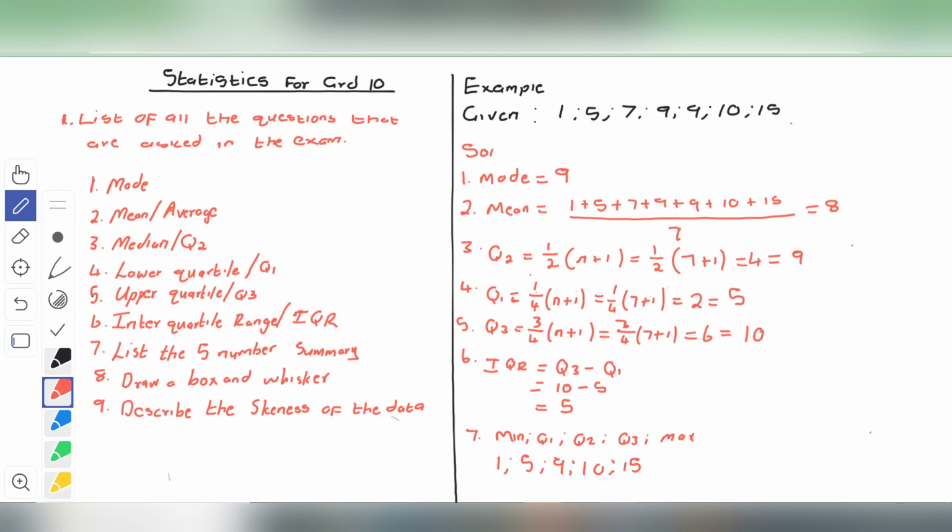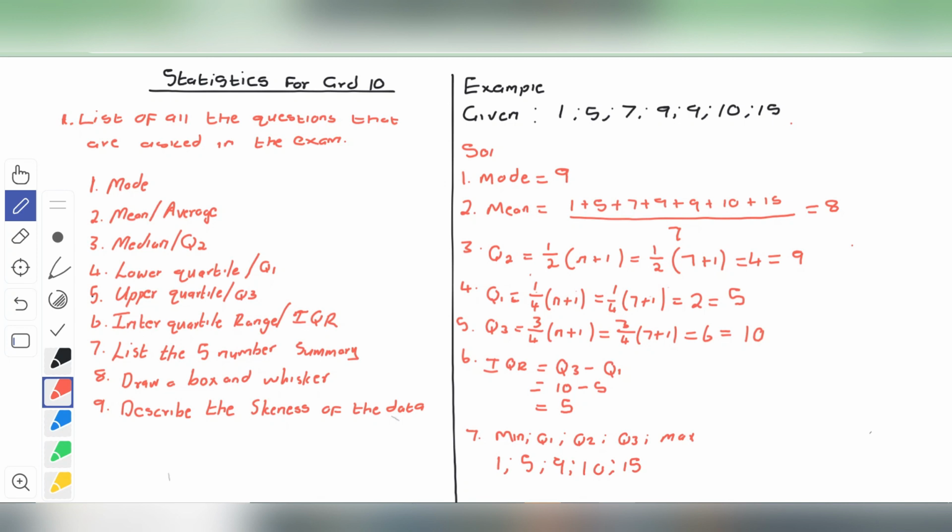Okay, guys. So for drawing a box and whisker diagram and describing the skewness of the data, I'm going to do a video. The next lesson will be about drawing a box and whisker diagram and also describing the skewness of the data, because I can see that time is up. So okay, for recap,